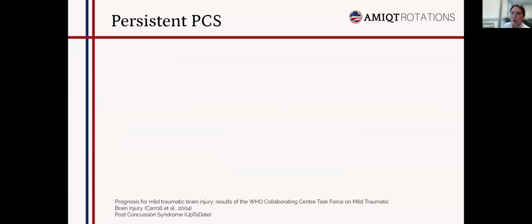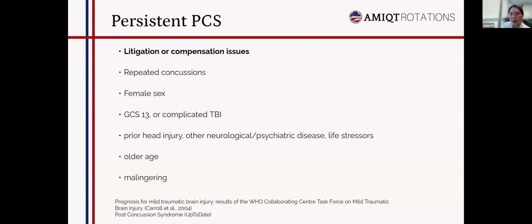What puts someone at risk of persistent post-concussion syndrome? I believe there was a review done by Carroll et al. that looked at various risk factors. The most consistent risk factor, the strongest one that they identified, was ongoing litigation or compensation issues. There were a few other risk factors shown here, but they have varying evidence supporting them. Can go through a few. Got prior head injuries, other neurological psychiatric diseases, life stressors, older age, repeated concussions, which means that person has sustained